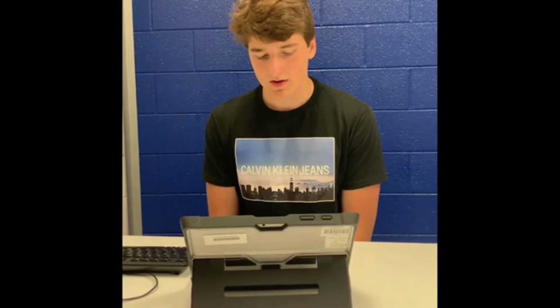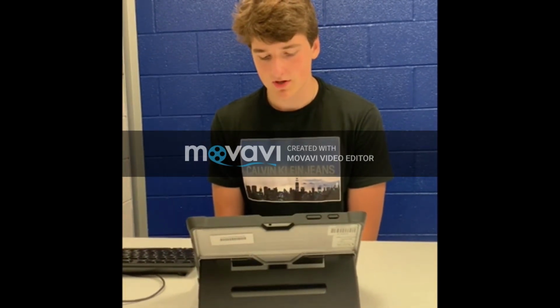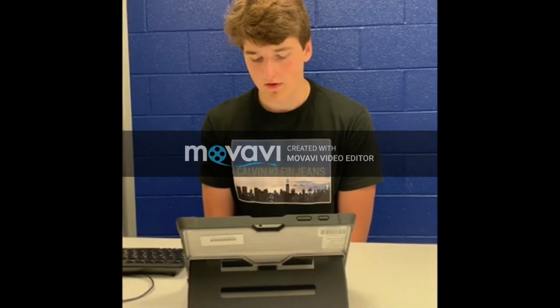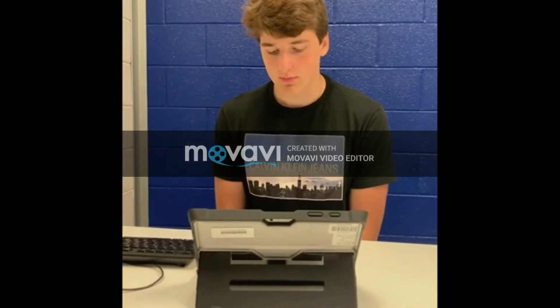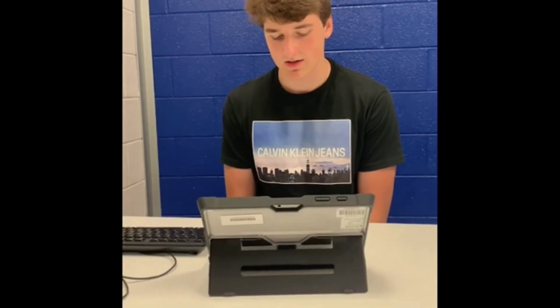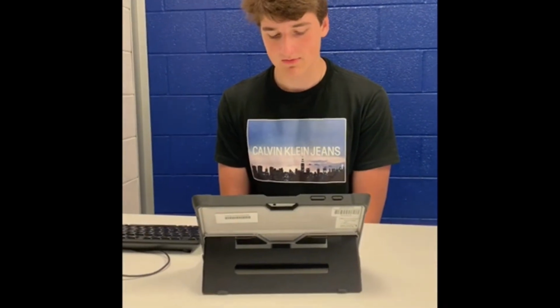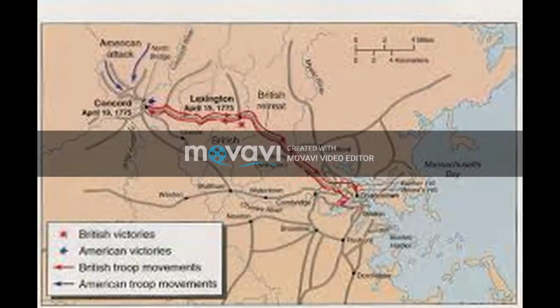8 Minutemen were killed and 10 wounded, but only 1 British soldier was wounded. The Battle of Lexington lasted only 15 minutes. The British then marched on to Concord, where they found an empty arsenal. After a brief skirmish with the Minutemen, the British soldiers lined up to march back to Boston. The march soon became a slaughter, however, when 3,000 to 4,000 Minutemen assembled and fired on the marching British troops from behind stone walls and trees. Humiliated, the remaining British troops made their way back to Boston.